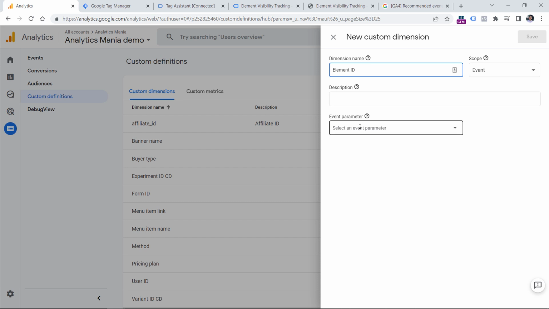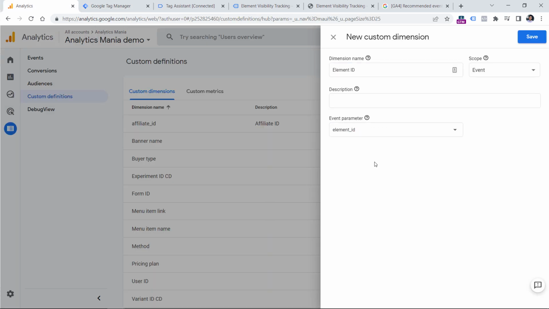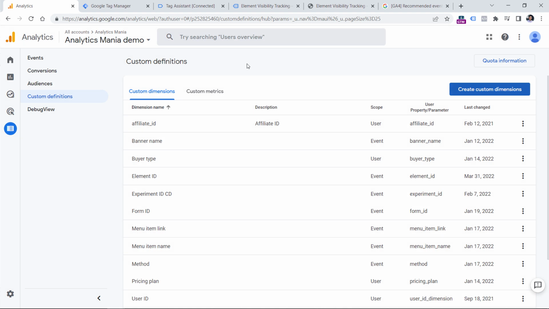And then here you have to enter the very same parameter name that is configured right here. So you can copy this, paste it right here. Don't worry that you don't see any suggestions. This is a new parameter, so you won't have any suggestions right here, and click save. And now within the next 24 hours, you will be able to use that parameter and that dimension in your